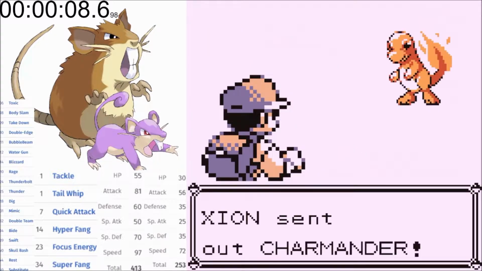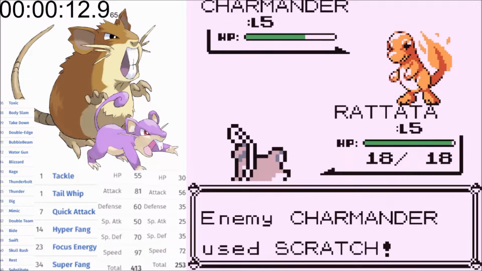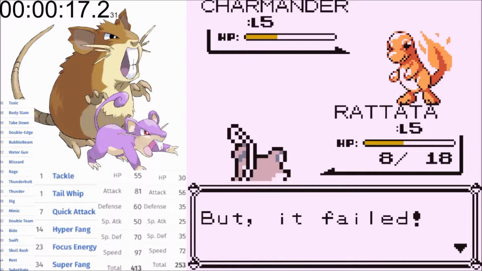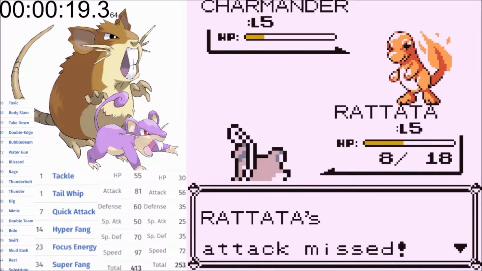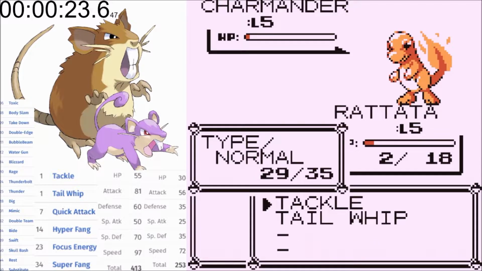So today we are playing through with the little rat that could, Rattata or Rattata, whatever you want to call him. As you can see on the screen, we are having our first battle against Charmander. This was a first time victory, first time playthrough. So it's one of the few I do where I don't have to reset just to win the first battle,